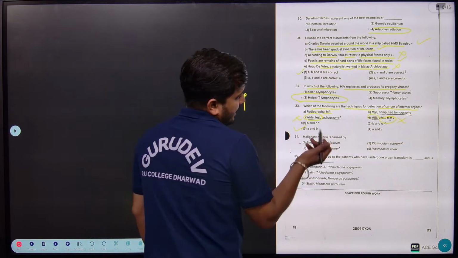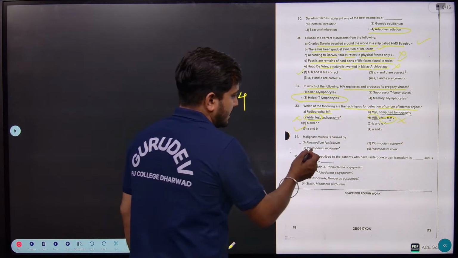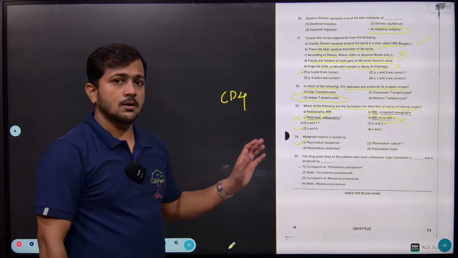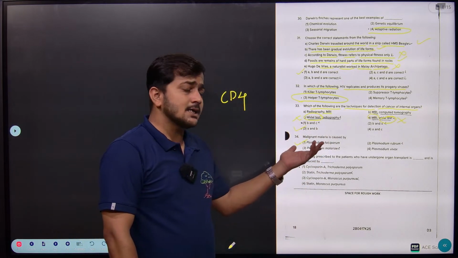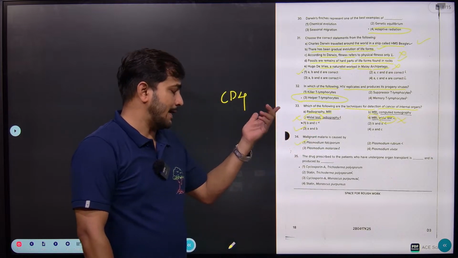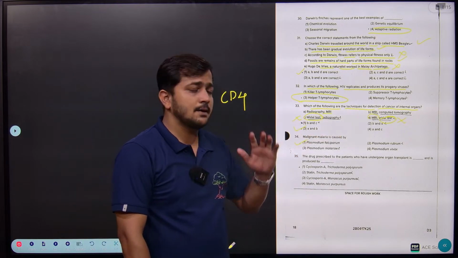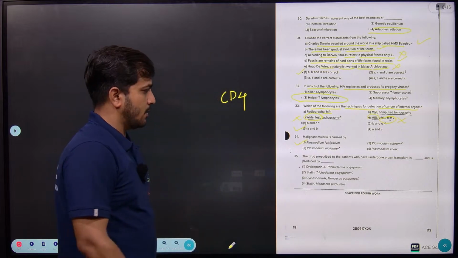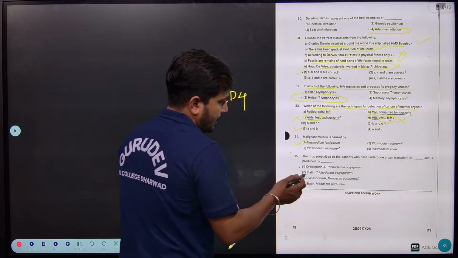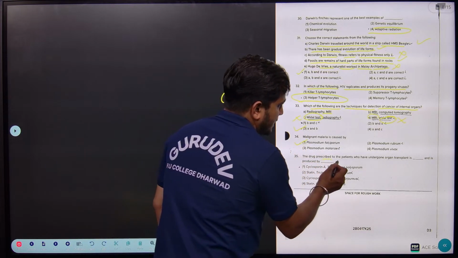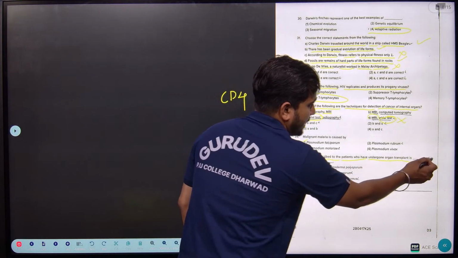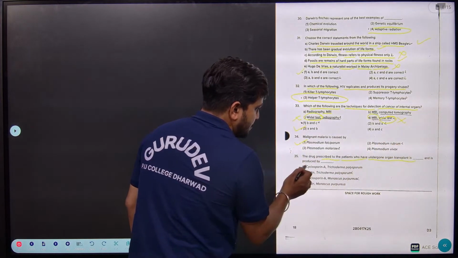Then malignant malaria is caused by whom? Particularly majorly the Plasmodium falciparum, which is known to be the dangerous parasite which causes this particular malaria, majorly the protozoa Plasmodium falciparum, right? Then the drug prescribed to the patient who has undergone organ transplant and is produced by,